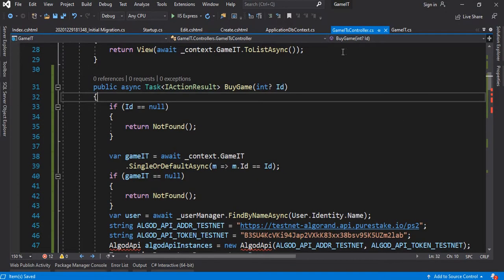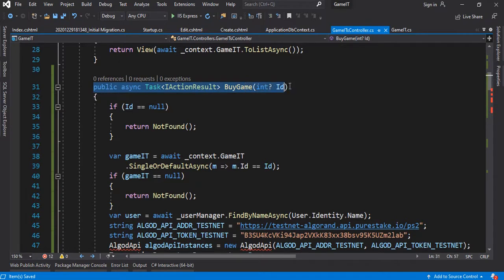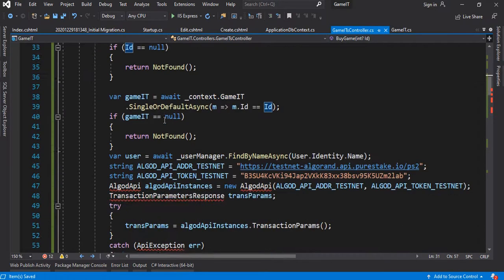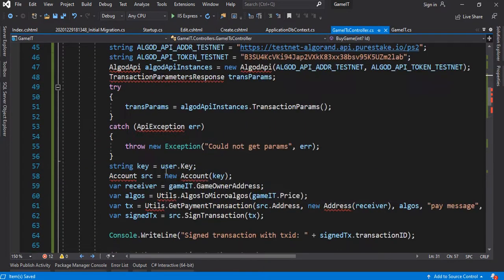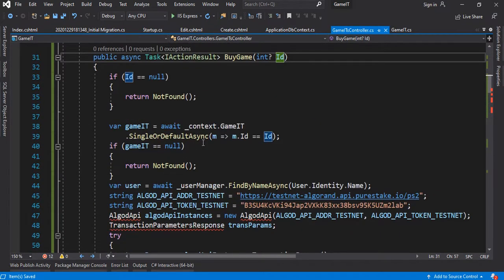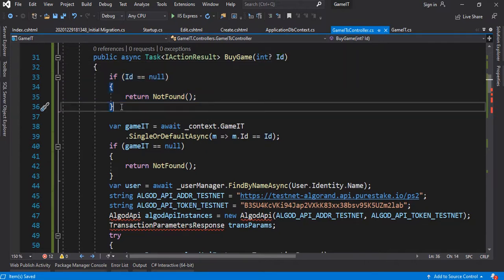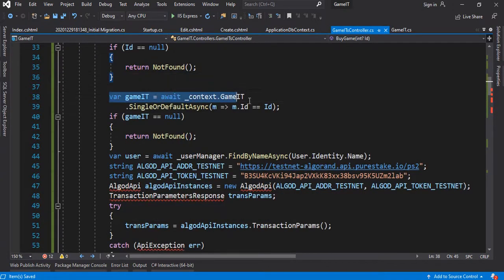So back inside of our game controller, I just added a new action result method called BuyGame, passing in an ID of the game we want to get, similar to how our details method looks. But this one actually contains the functionality of buying a game. So we have an ID. If the ID is null, it should return a not found, and then this variable will get the game that we're trying to buy